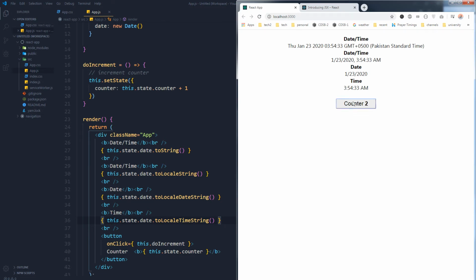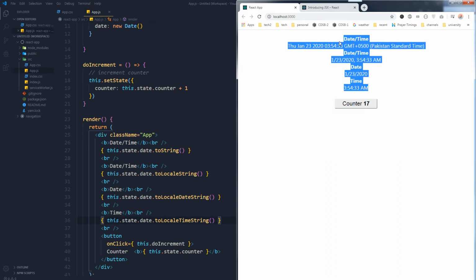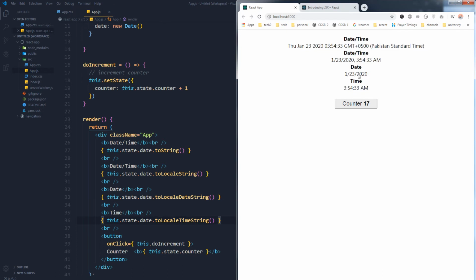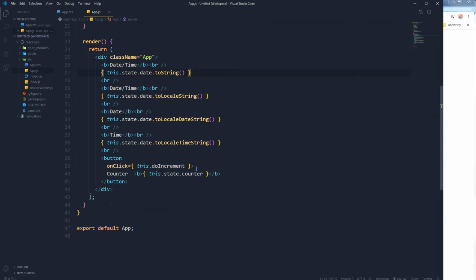So our counter is being incremented. I want to update this date as well, and I also want a way to reset this counter. So first let's reset this counter to 0. Let's create another button that will reset this counter. Okay, so this is our button, and let's add a break below this button and create another button,